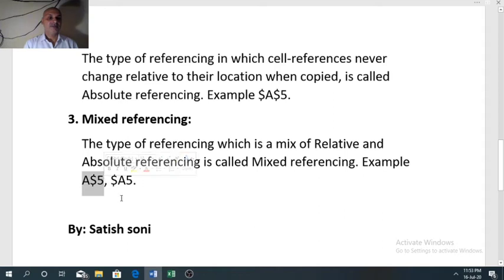If you see here, in A$5, A is relative referencing and 5 is having absolute referencing, and in $A5 the dollar is put before A, so A becomes absolute referencing and 5 becomes relative referencing. So now we will see the example here.